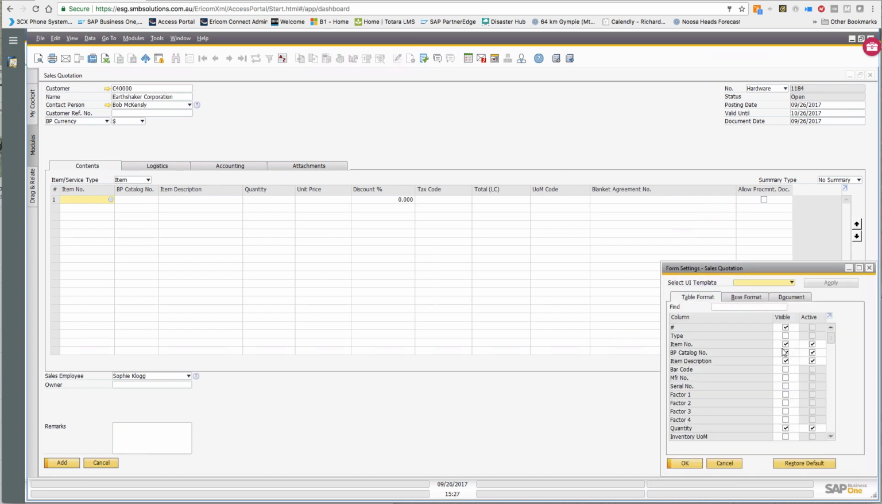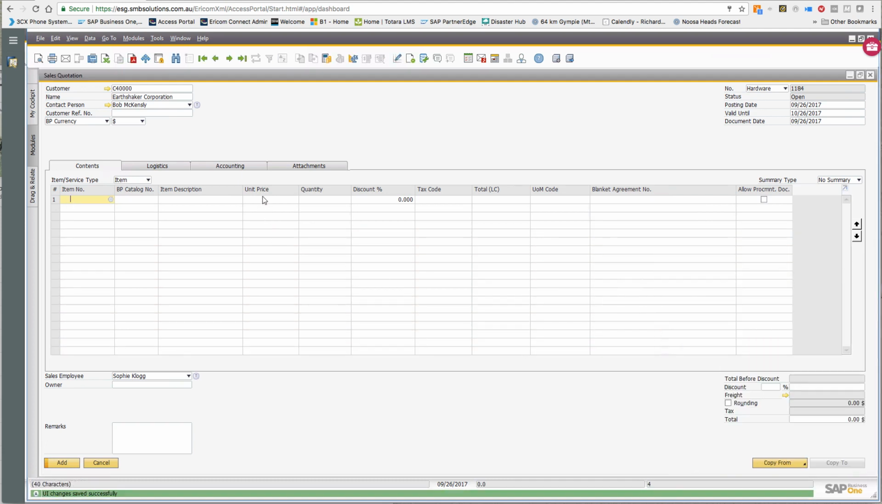And if I want the unit price to show before the quantity, then all I need to do is I can come down here till I find my unit price. Alright, and you'll see I can select it and highlight it and drag it up and pop it in before my quantity. I'll put it after my factor 4. Actually, let's move that one up. Alright, so now I've got unit price and then quantity, and I'll say OK, and you'll see, bang, I've now